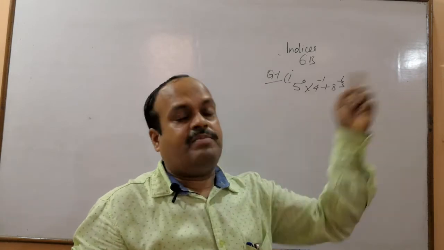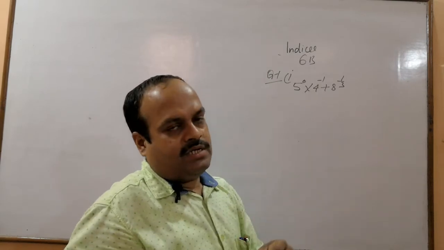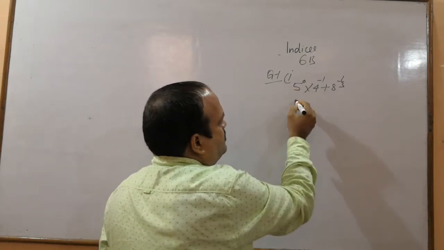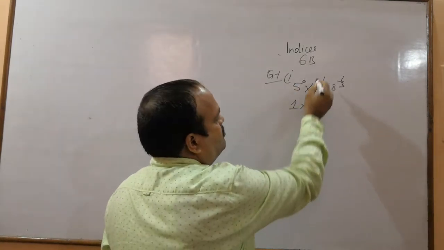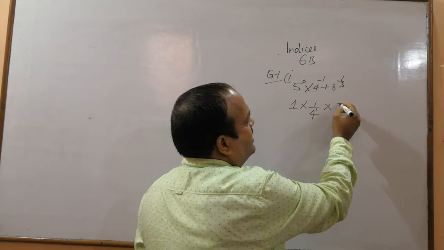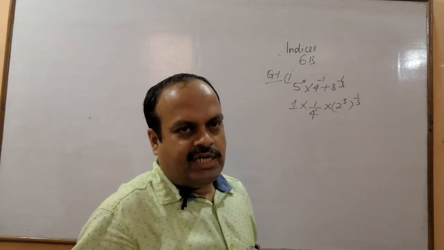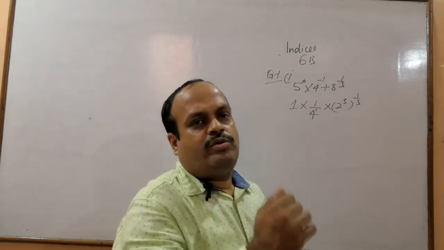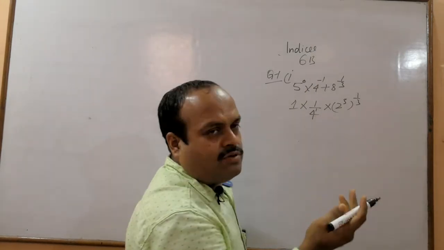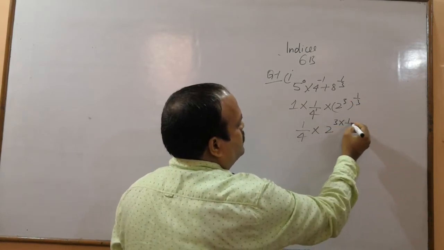We have to evaluate, meaning we have to simplify this product. So we will be using all the laws we know to get the simplified answer. 5 to the power 0, we know it is 1. 4 to the power minus 1 can be written as 1 upon 4 to the power 1. 8 can be written as 2 cube raised to 1 by 3. 8 can exponentially be written as 2 into 2 into 2, which means 2 to the power 3. So 4 to the power 1 is 4. So we get here 1 upon 4 into 2 to the power 3 into 1 by 3.